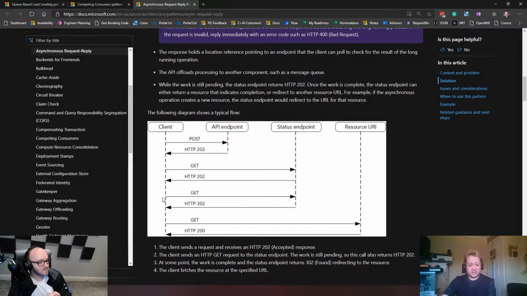Once I have or haven't got a ticket and I've got a response, my status endpoint should then return me a redirect, so a 302, to the end resource, which is the status of my actual object. And the browser or the intermediate API follows that redirect and gets the result of their operation. Yeah. So the work was queued on a random consumer, was carried out by something that was completely disconnected from my calling client. I got the response and the status poll from something that was also completely disconnected. But to the client, to the consumer, it looks like it was all one operation because all I did is a repeated poll to a status endpoint and got a response.